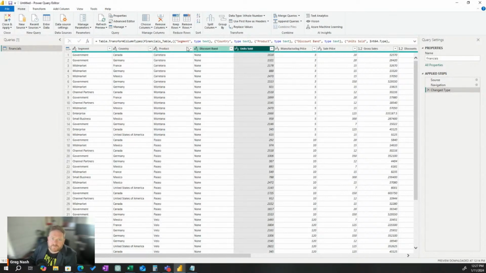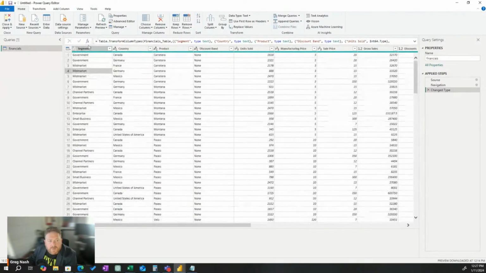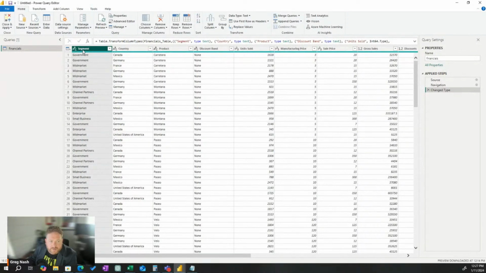We filtered. We have to go to segment, apparently, and we're going to make everything uppercase. Why? Because that's the rules that we decided to do. So we're going to do our first data transformation. We've changed our data types. They look correct. We're now going to transform our data. I'm going to follow the tutorial and then I'm going to talk to you about how I would do it.